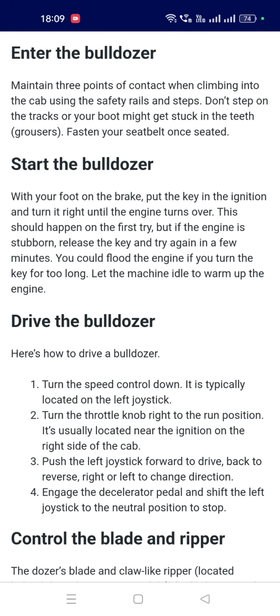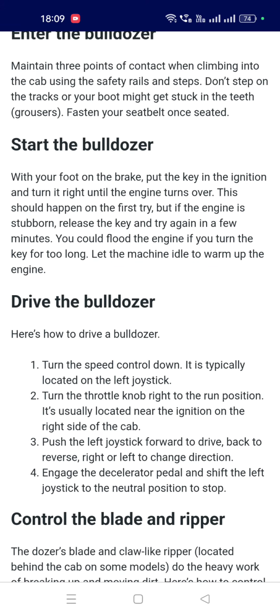This should happen on the first try, but if the engine is stubborn, release the key and try again. In a few minutes, you could flood the engine if you turn the key for too long.